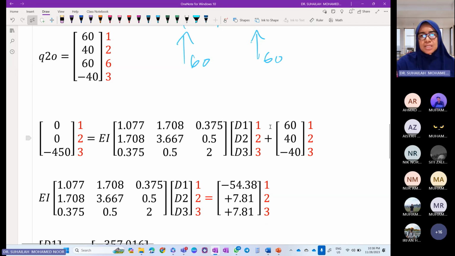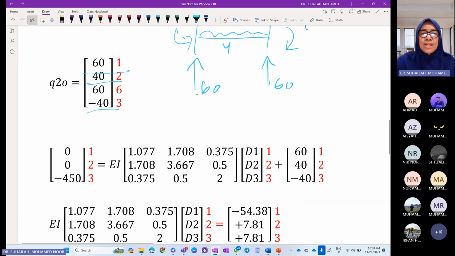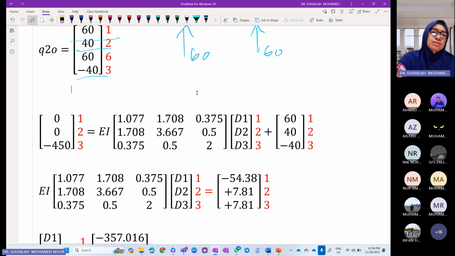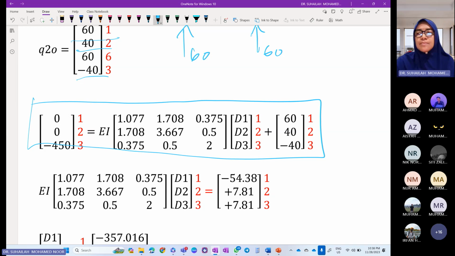Okay, so this is 1, 2, 3 come from this 1, 2 and 3. 60, 40 and negative 40. Because we only have the value from element number 2. We don't have value for element 1 and element 3. Okay, so this is the stiffness equation that we use to calculate the